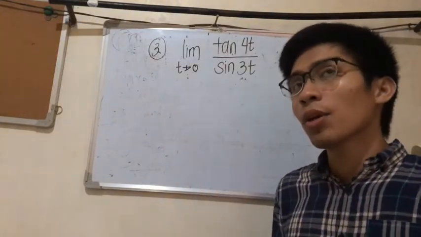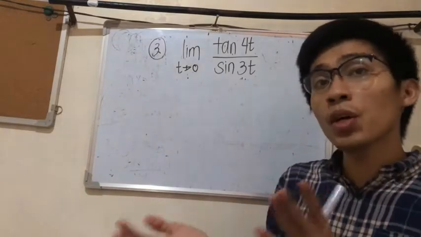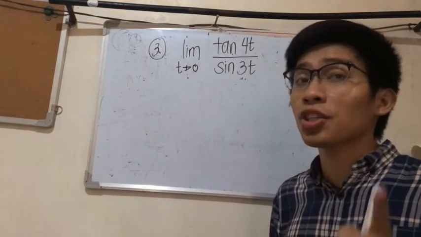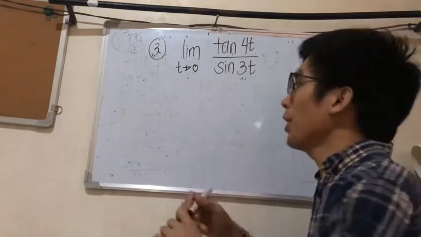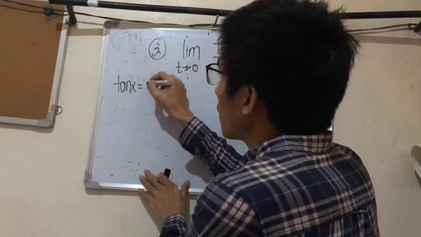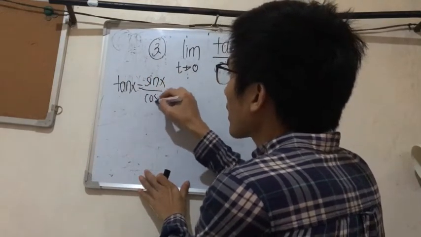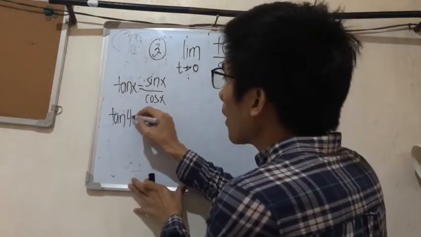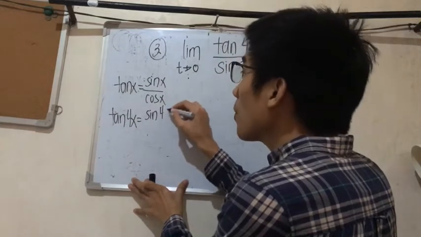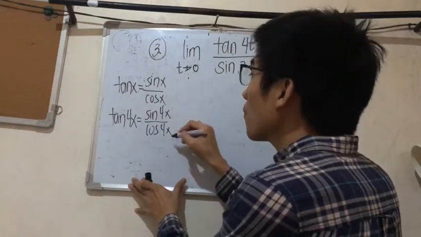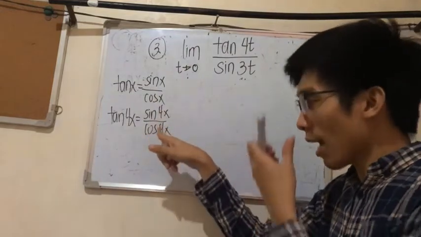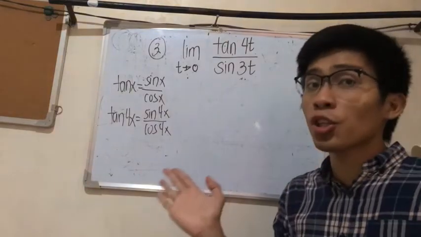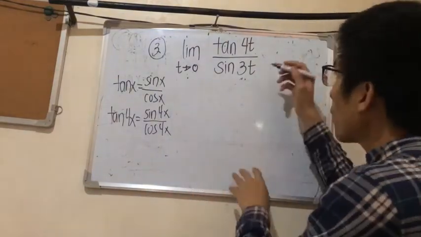Okay, as you can observe, I presented to you in my video entitled Review on Trigonometry that all trigonometric functions can be expressed as a function of sine and cosine. If you still remember, tan x is equal to sine x over cosine x. Therefore, tan 4x is equal to sine 4x over cosine 4x. Whatever you have inside, you must carry over to the sine and cosine. Therefore, tan 4t can be expressed as a function of sine and cosine. Therefore, it will become